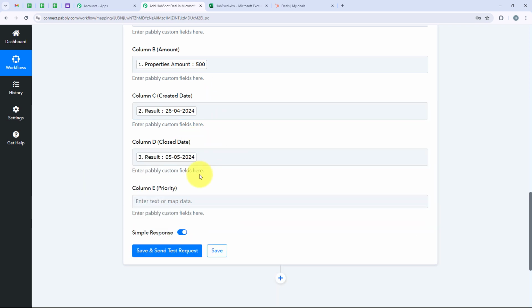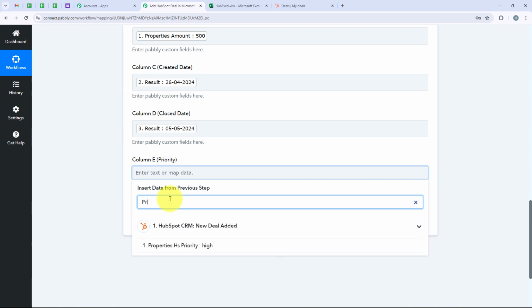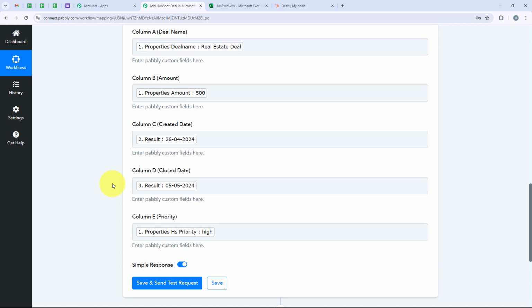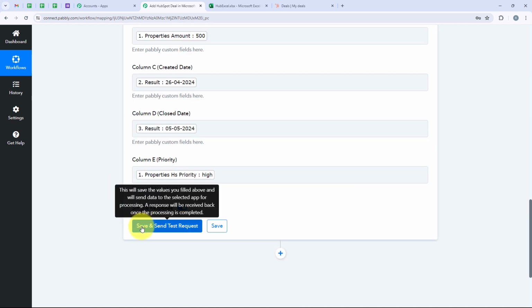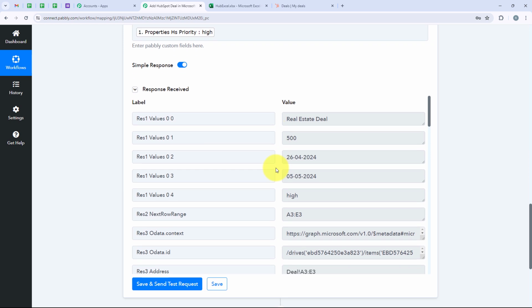So after mapping both of these, we are going to map the priority. So I'm going to search for priority right over here and map it which is high. After mapping all these details, I'm going to click on save and send test request. And yes, you can see that we have received a positive response that our details has been added to our